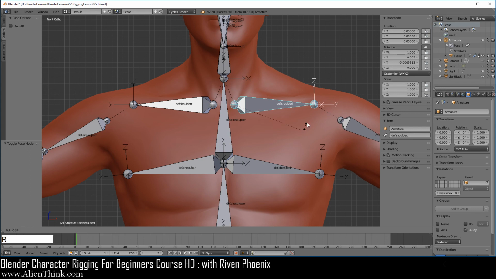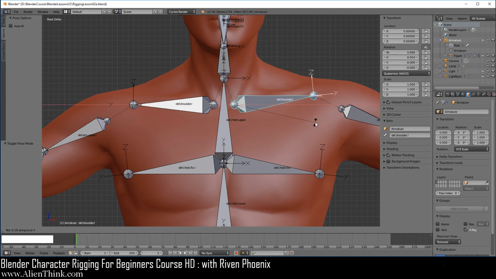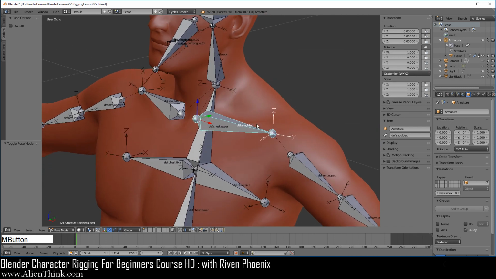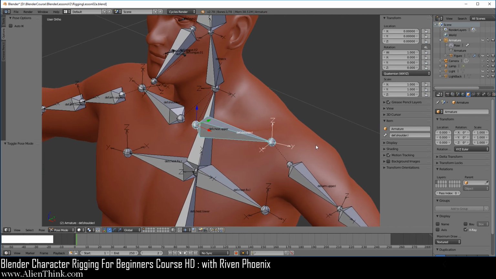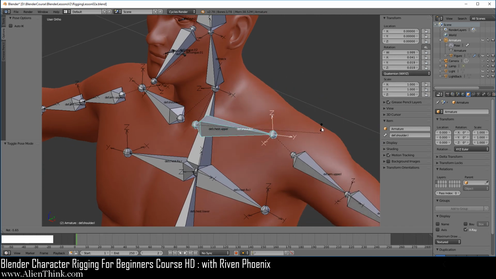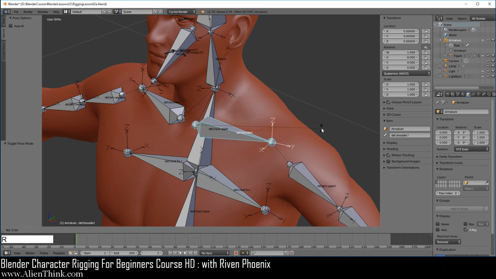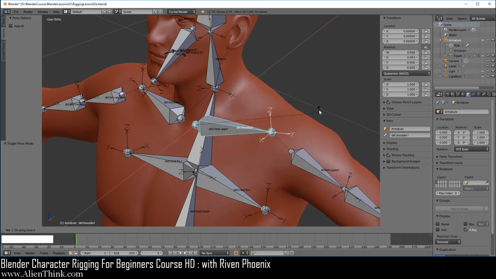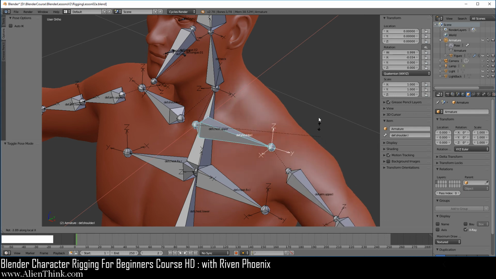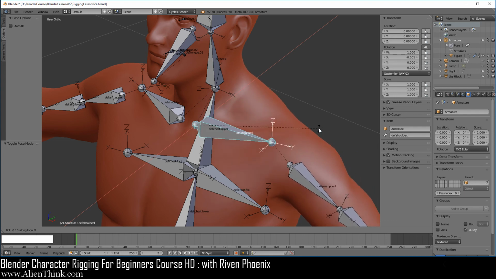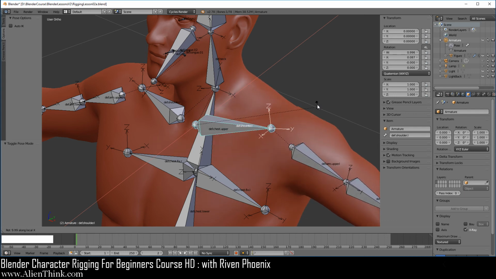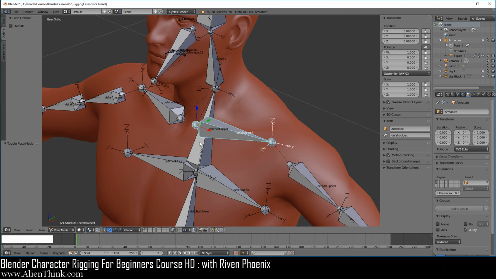Remember, when we press the R key from the front view, this is based on the view. But if we press the R key, press the X key 2 times, this is now along the local x-axis. If I do the middle mouse button to show you, if you press the R key, this is just based on the view. Okay, if you press the R key, press the X key 2 times, we're rotating around the x-axis. Now notice that how the Z is pointing up, this is the major and this is the minor. So this bone is actually correct.